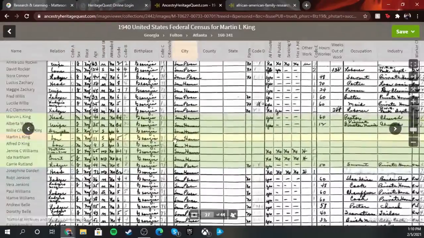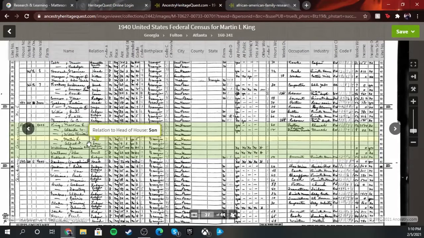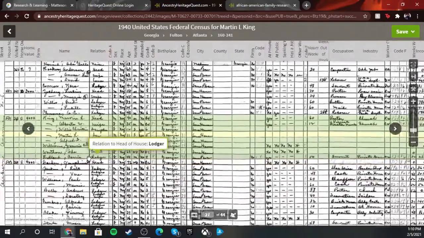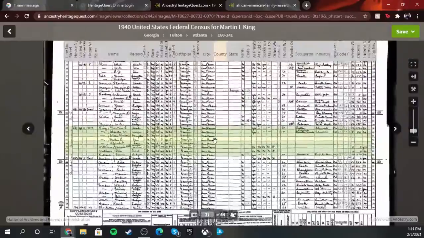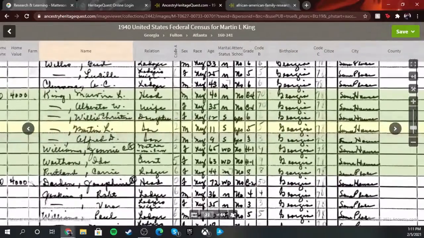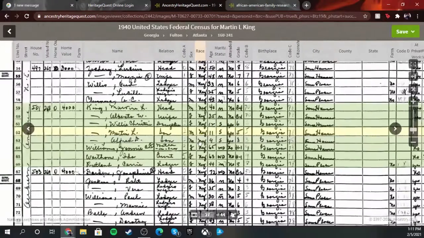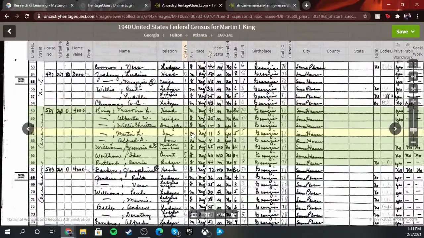You can see like everything back then was just put in manually. Everybody wrote their names. It wasn't how it is now, electronically, done online and so forth. If you use your scroll button, it'll actually zoom in on the area that your hand is on. So wherever your little hand cursor is going to be where you scroll in. If you want to get closer to see how their names are, head of household, you see your wife. And then you can see daughter, son. They'll actually give you the age of the person too. Race, marital status. So you can definitely see where they're from, to birthplace, Georgia, city they live in,